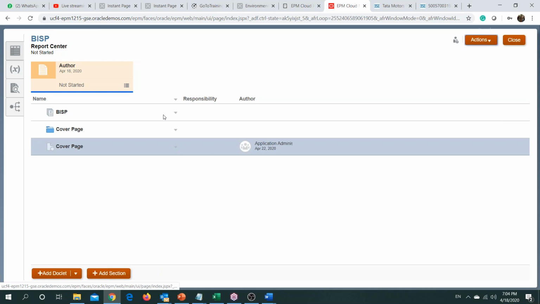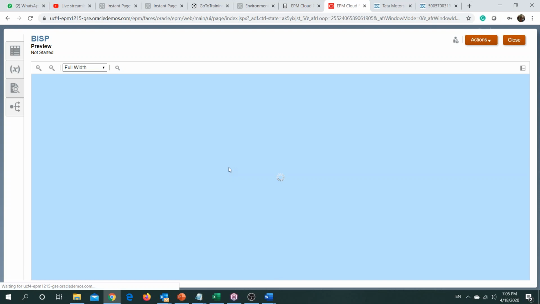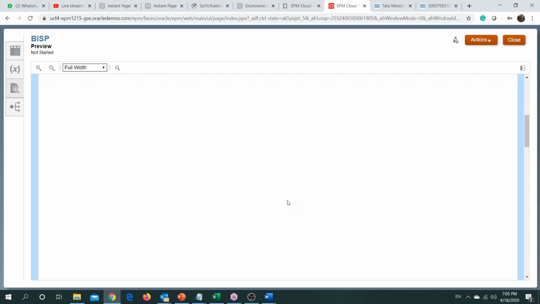Okay, so once checked in, the responsibility type gets disabled. And to view what changes you have done, just go to preview. And you could have a look at whatever changes you have done.